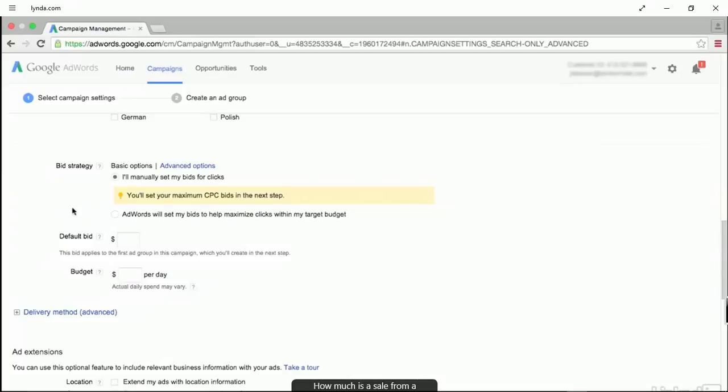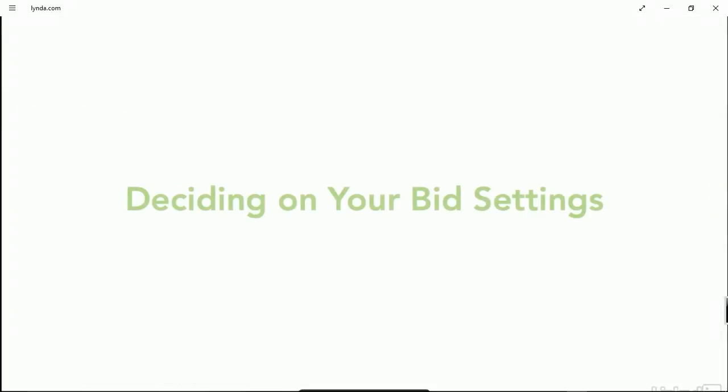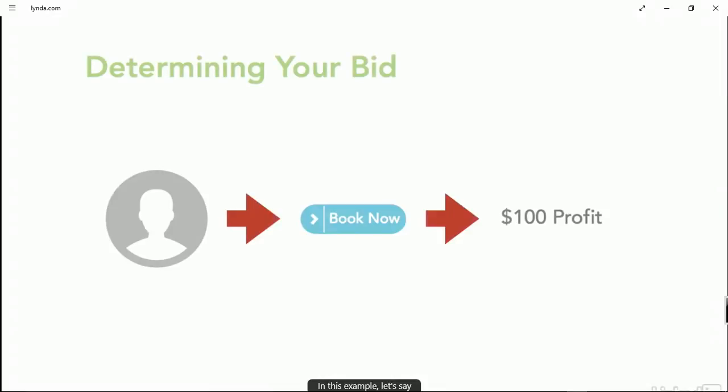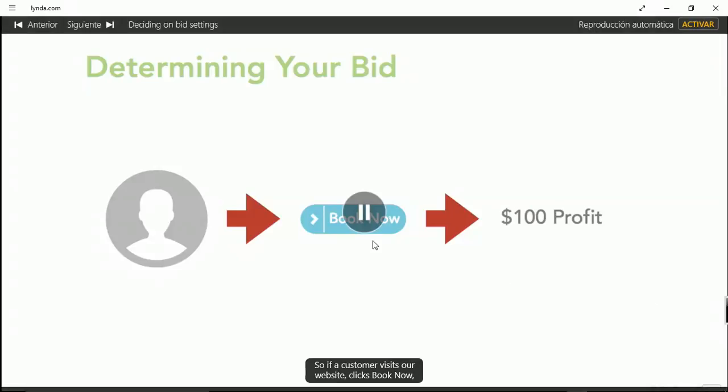How much is a sale from a potential customer worth to me, and what is the maximum amount I want to spend each day? Let's say the Landon Hotel is trying to get people to stay at their hotel. First, we need to decide how much we're willing to spend to achieve that goal. We can start by looking at our product. In this example, let's say we make $100 in profit on an average stay at the hotel. So if a customer